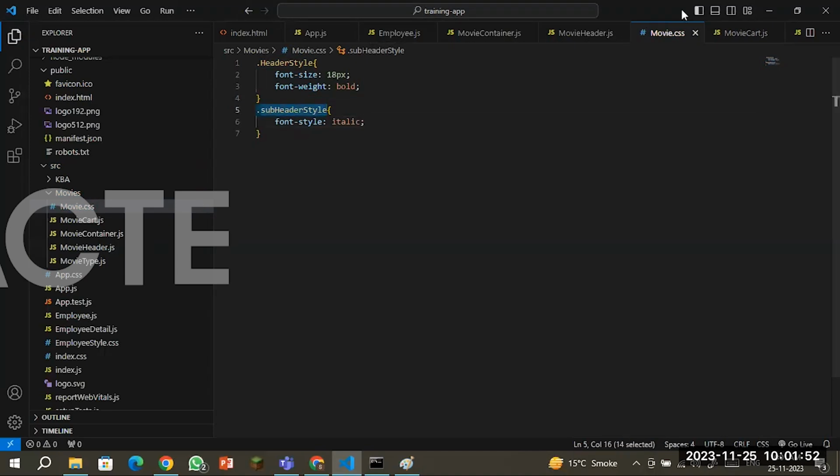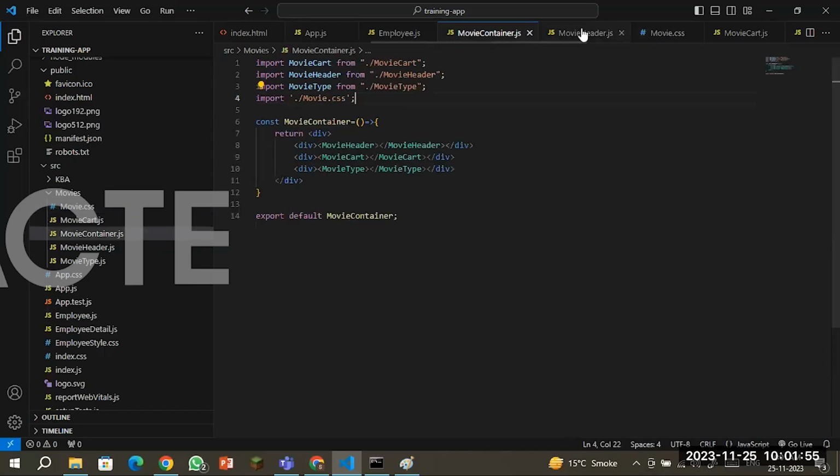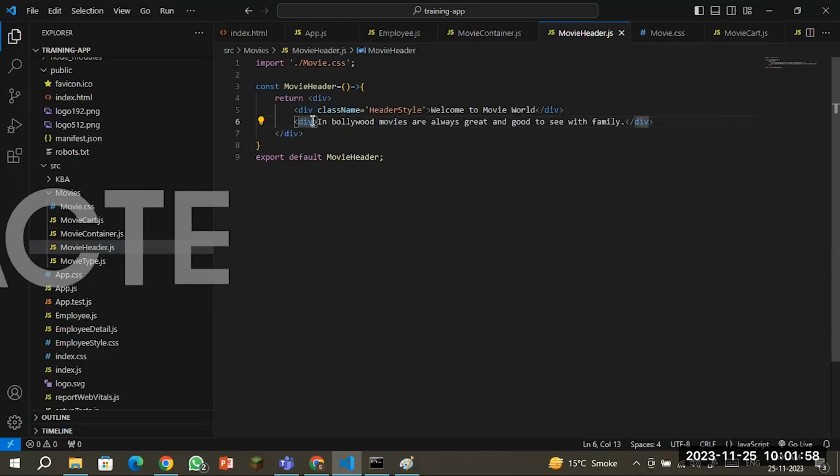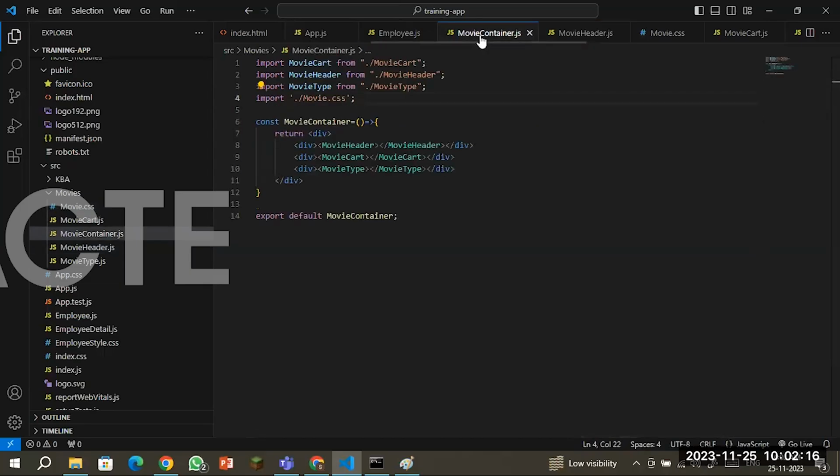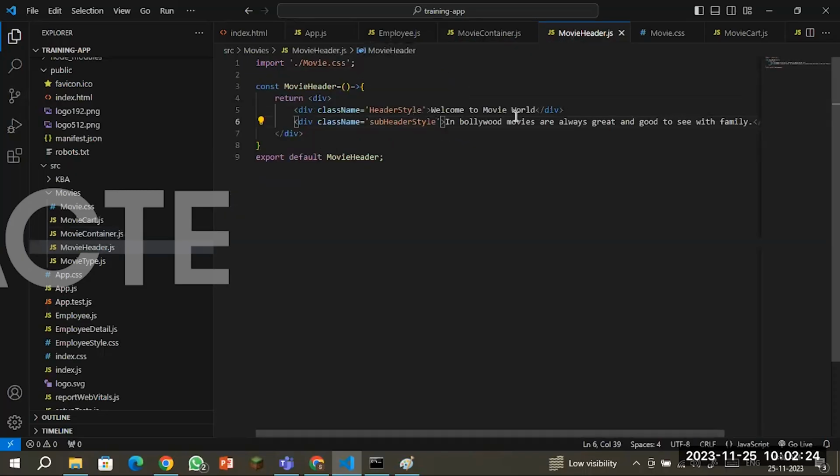Suppose I'm going to implement this. So you can see that there is the static content here directly. But if you want it dynamic from somewhere, then you need to use the movie container component, and from here you need to pass the value as a parameter. So suppose I don't want to use these things here directly, but I want to set them as a parameter. So here I need to put these things here,